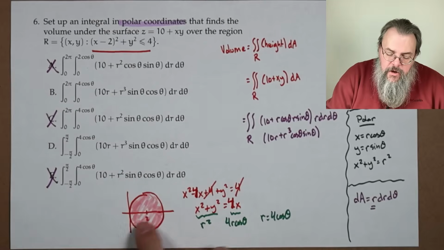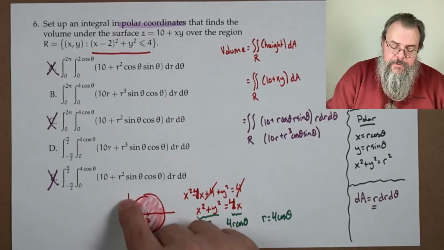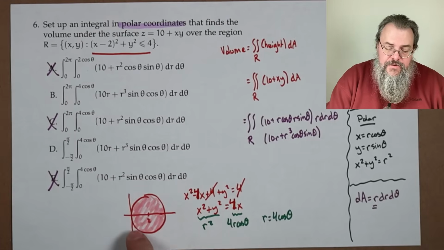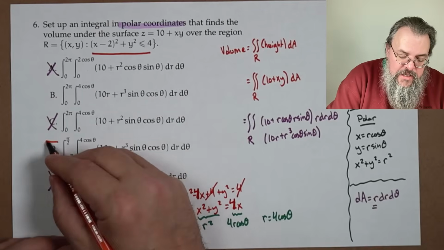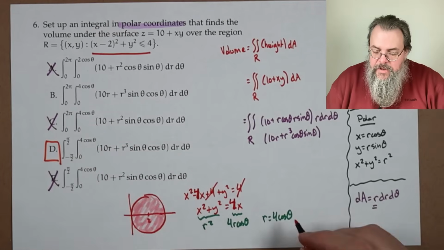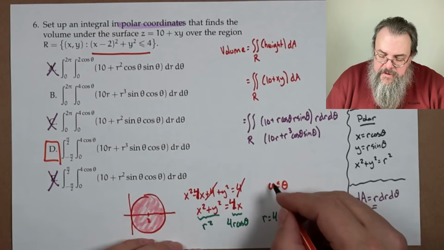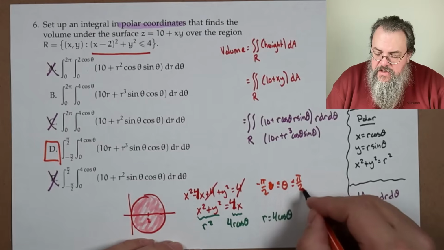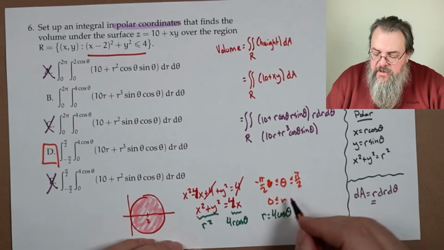So we're not going all the way around. We just need to go halfway around, from straight down, which is negative pi over 2, to positive pi over 2. So we're looking for bounds from halfway around, and that's why D is the correct answer. So what we have is that theta goes from, not 0, negative pi over 2 to positive pi over 2. And then r goes from 0 out to